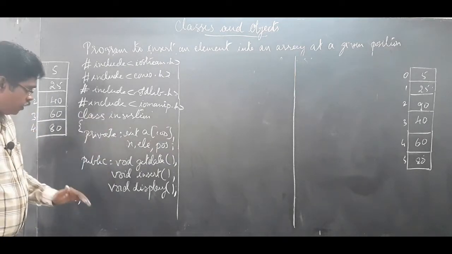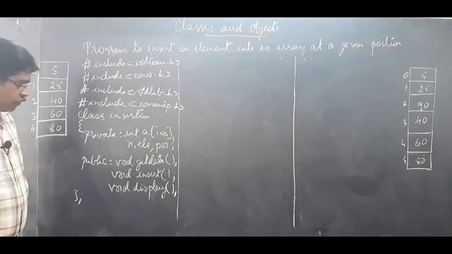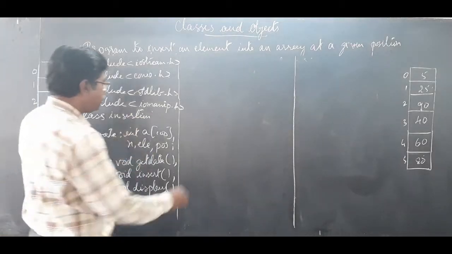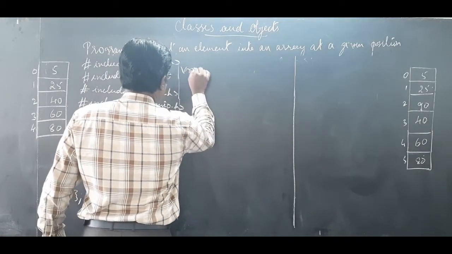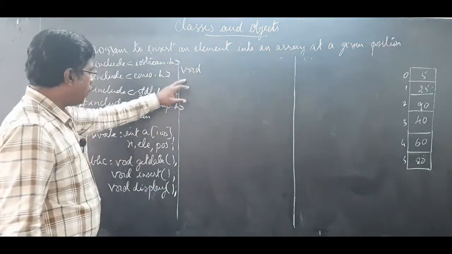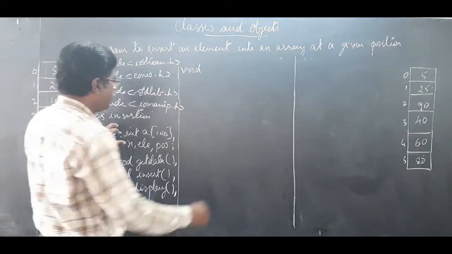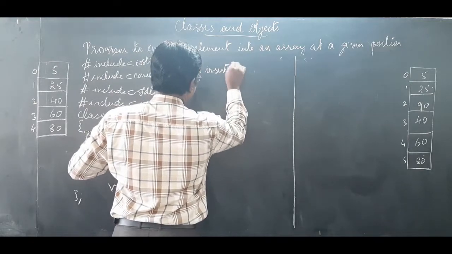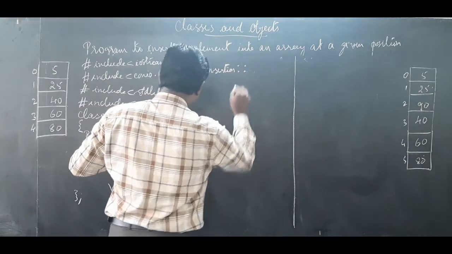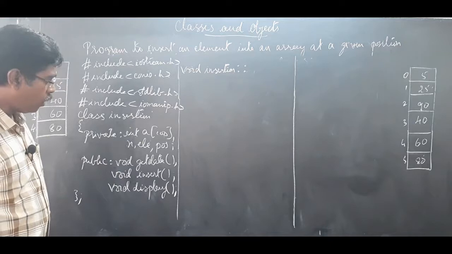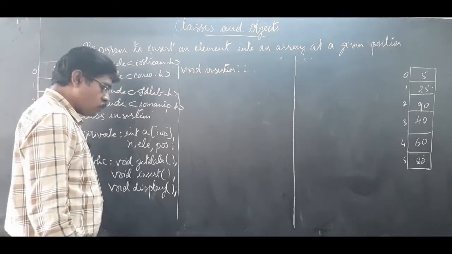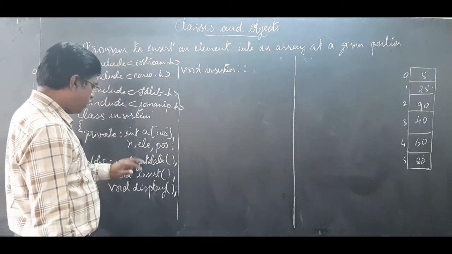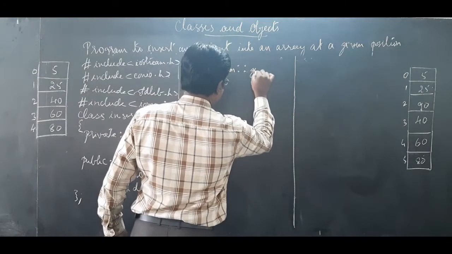We continue outside the class definition, hence I take this void getData here. So void, you know about the syntax, void, then the class name, what is that? Insertion, scope resolution operator, because we are defining outside. Scope resolution has got the scope of resolving the conflict, so scope resolution operator, then getData.